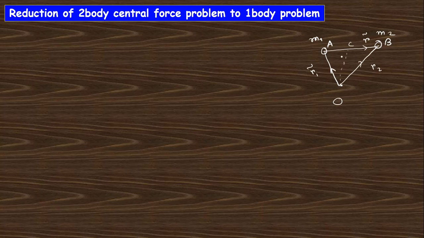So these two points, that is the two bodies, can be treated as a one-body problem when they are in a central force. This is the basic use of the central force. You can see these two bodies can be treated as a single body. So consider